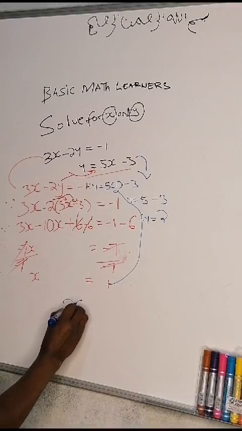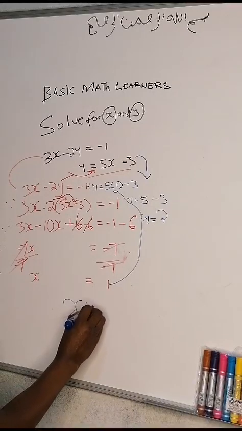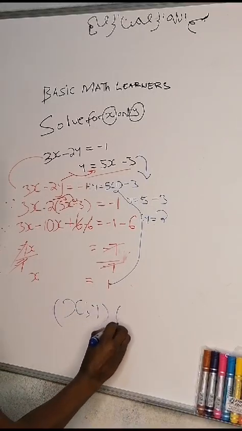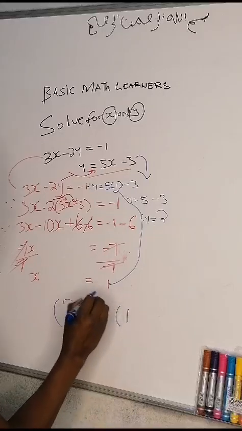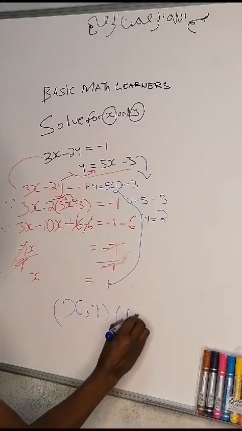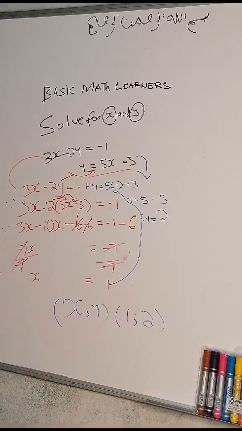Now, the final calculation is x, y gives me 1, 2. This is called a